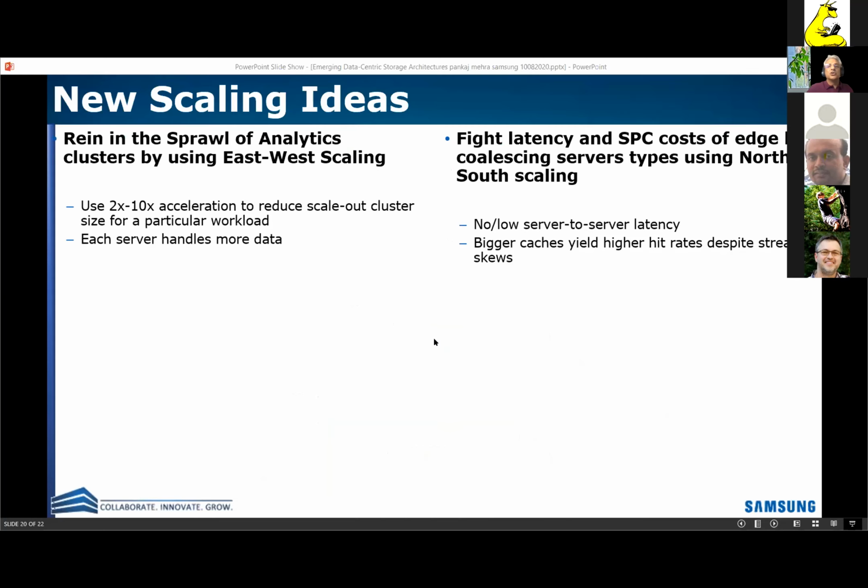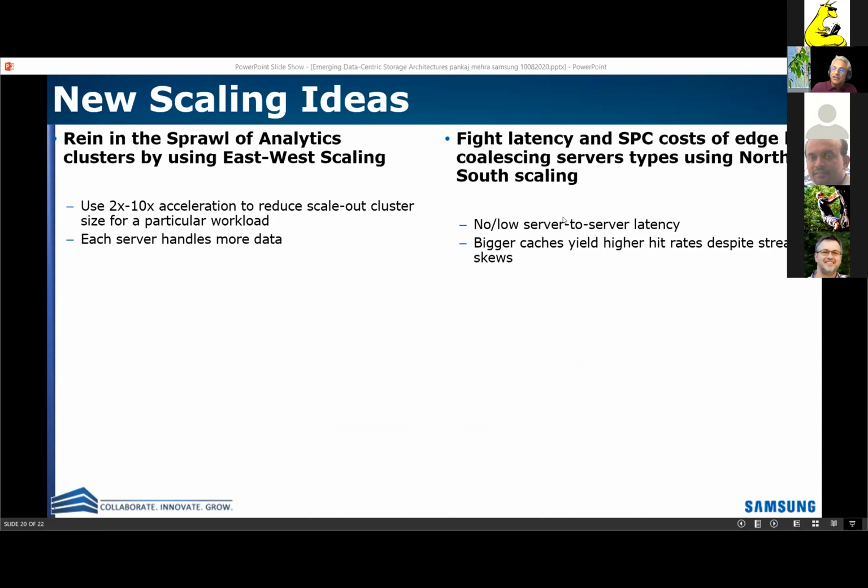Okay, so we are using the Smart SSD to improve the data center in 2 ways. One is something called east-west scaling, which is for things like Spark. Clusters that are based on Smart SSDs do the work of 3 times as many nodes. So fewer nodes are used, therefore cost is less. And clusters that are closer to the edge are using the Smart SSD to do something called north-south scaling.